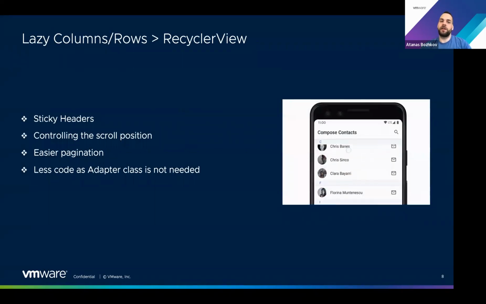Yeah, so lazy columns and rows, which are the equivalent of RecyclerView in the XML approach. I will demo in a minute how with Compose you can create these lists with a lot fewer lines, and it's a lot easier to understand. But also, out of the box with lazy columns and rows, we have functionality for sticky headers,